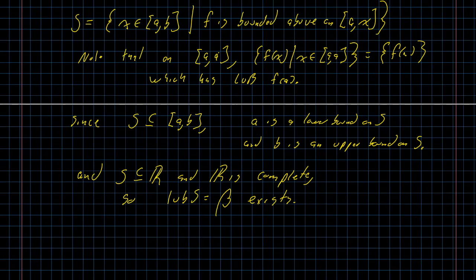Right? That means that the least upper bound of this set is going to exist. I need a name for it. I'm going to go into the Greek alphabet and choose the letter beta because it kind of looks like B. And we care about that because we want to show that beta is in fact B. These are the same value. And then we are good to go. We know that because B is an upper bound on S,